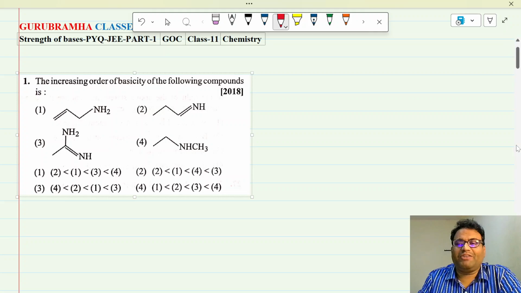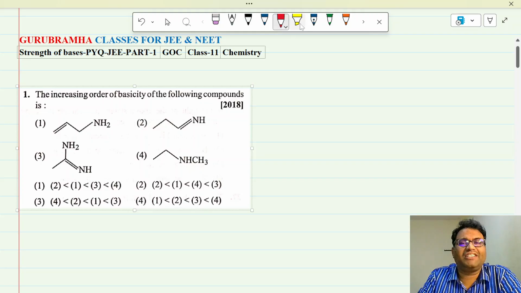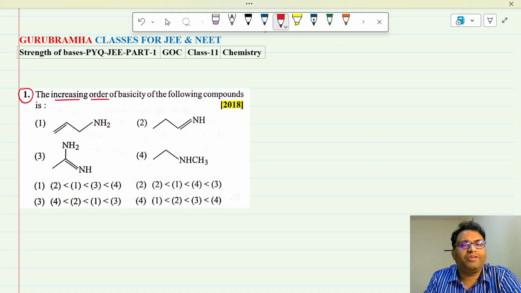So, you are finding a question here, right? It appeared in the 2018 JEE Mains examination. And what is the question? The increasing order of basicity of the following compounds is, okay,